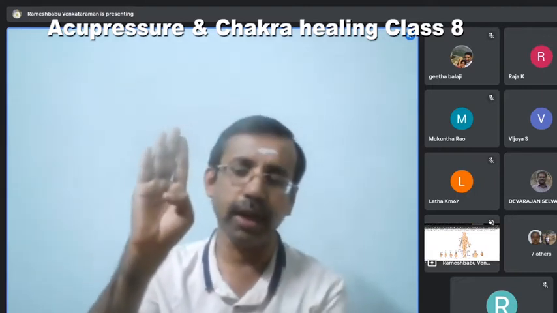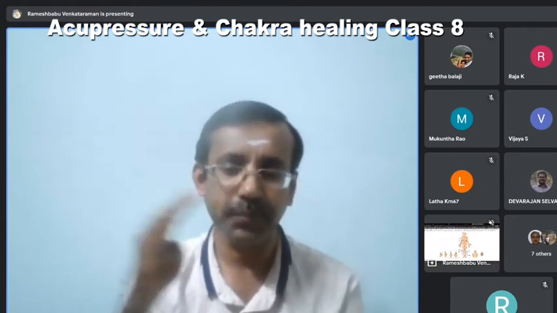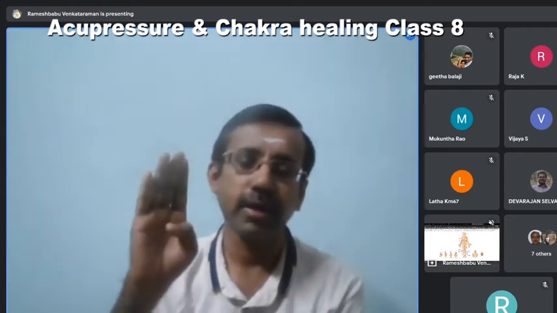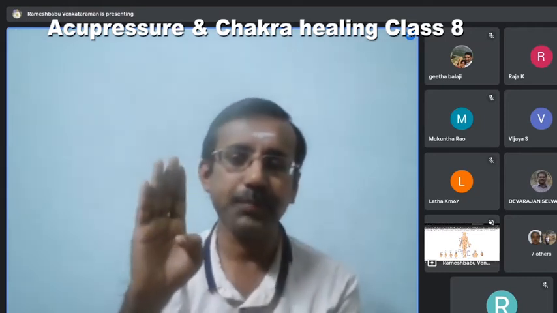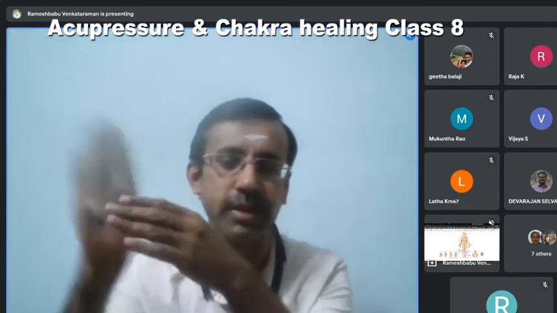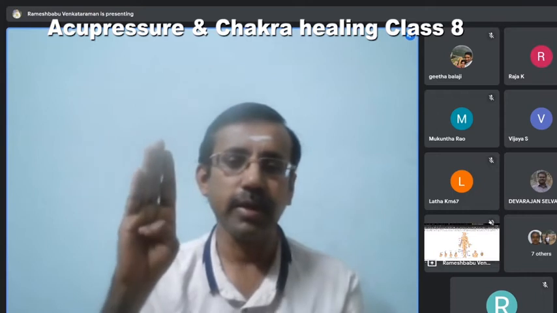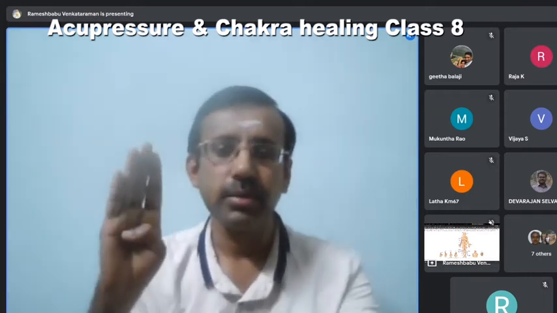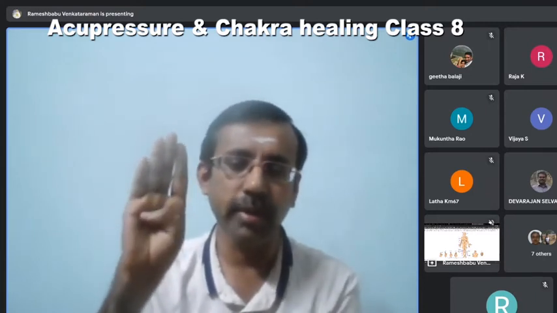So if you see in the app that they have written 3 chun or 4 chun, this is how you have to measure. Okay, and this is very important: this is only for your own body measurement. You cannot use this to measure somebody else's body. It may or may not exactly match. So this is only for you. Okay, I'll repeat in Tamil also. This chun measurement can only be taken on your own body.